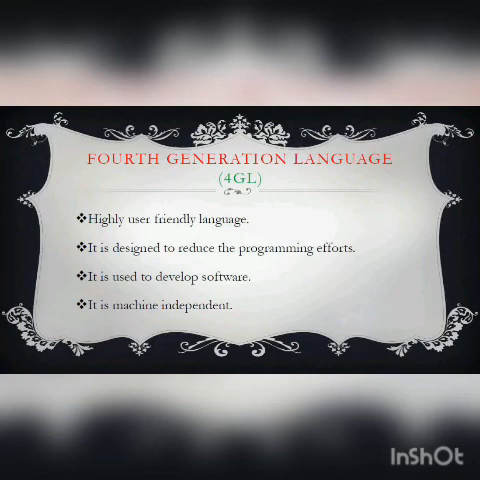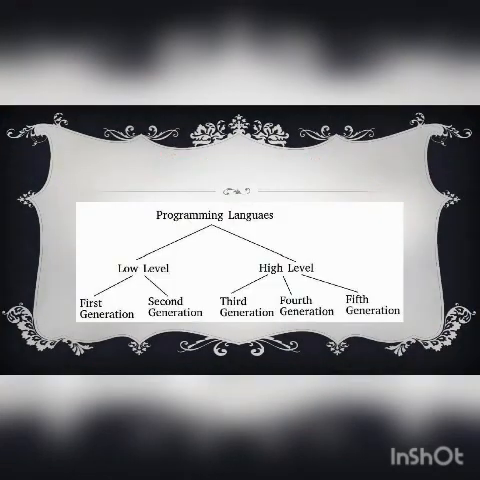Now all of you may think that in the third slide I have shown you that there are low level language and high level language, and in the high level language I have given you 3 categories: third, fourth and fifth generation language. This fifth generation language I am not going to discuss now because it is not part of your syllabus. So whatever I have discussed, please go through, and if there is any doubt, please ask me